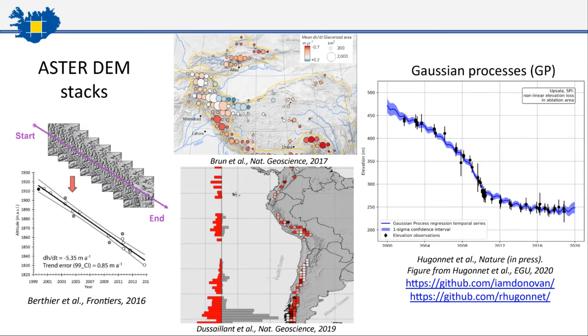So they are thinking already on this type of stacks of data and how to get useful information in glaciology with that data. So for one single pixel on a glacier, you could see it as a stack of elevation points. And then they've been coming up with methods, for example, to fit for each pixel a linear trend simply. And with that, they could come up with a consistent survey at a given date. For example, if you could fit a trend for each pixel, then you could interpolate and get the DEM from 2010. And this is what they've been doing, and they've been doing big picture studies, global or region-wide studies,